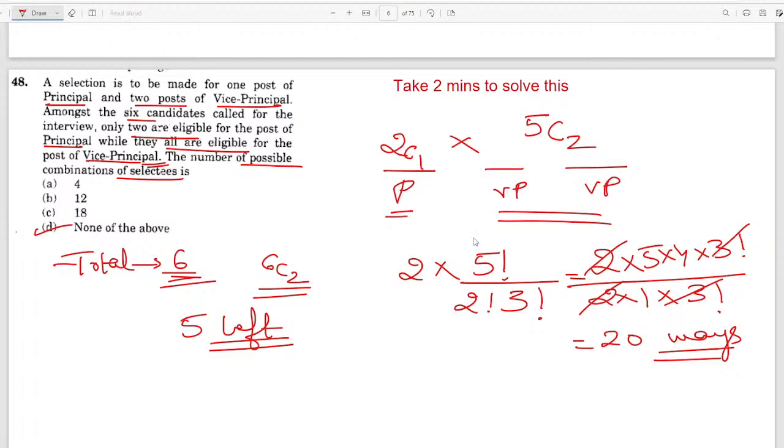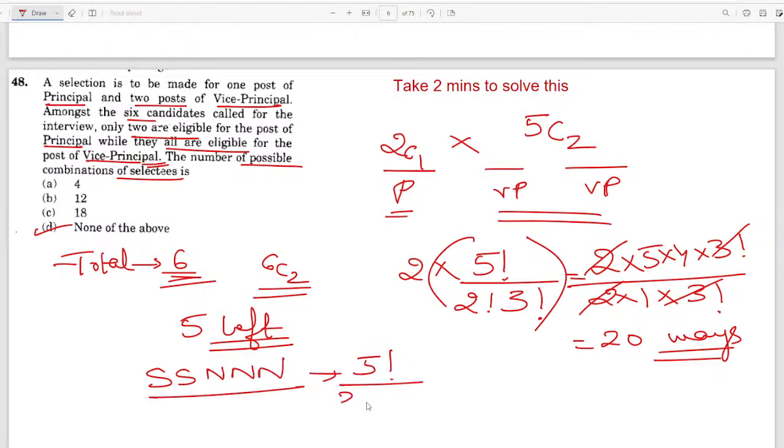See, 3 factorial is the formula. Even if, for example, out of 5 people you have to select 2 people, selecting 2 people and not selecting 3 people can be done as 5 factorial divided by 2 factorial times 3 factorial. Or if you use this formula, 5C2